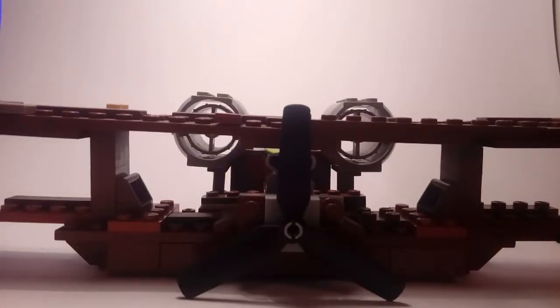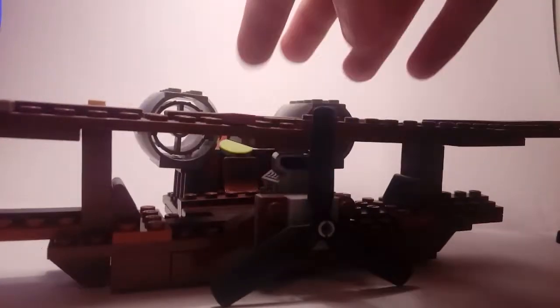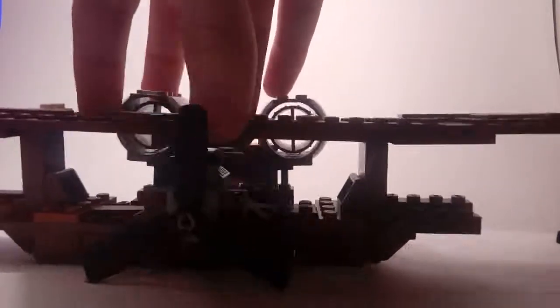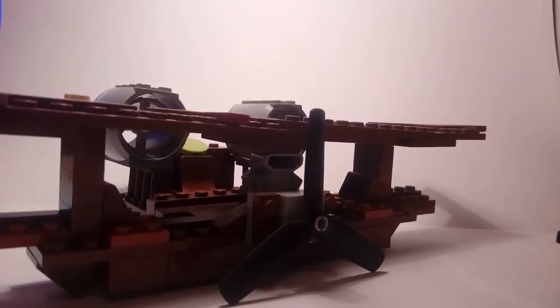Here is one of the last vehicles. This is Scarecrow's Fearful Flight, or you could also call it Scarecrow's biplane. There's a bit of a 360 of it. I used most of my brown parts for this build, so yep, I'm pretty low on brown parts now. But here we have the Scarecrow himself,